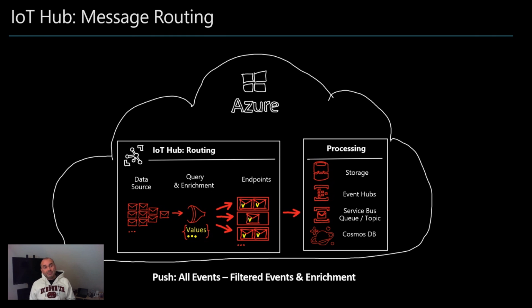But to process this message further, you might need, for example, a department ID, or if you want to do cross-charging of the cost, you might need a cost center. And IoT Hub can help you with this as well. So IoT Hub can take the incoming message, then look for some specific criteria and say, hey, I want to add additional information to this message and enrich this message and then forward it to the endpoint. And this is really, from a high-level perspective, the routing functionality.